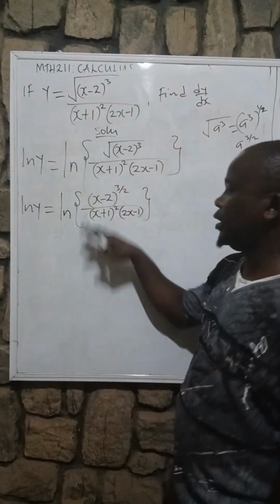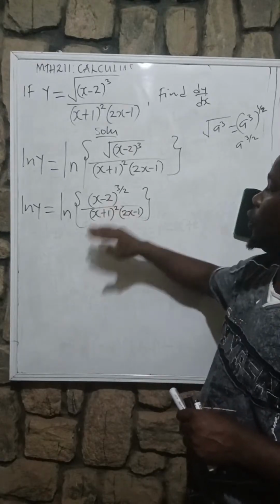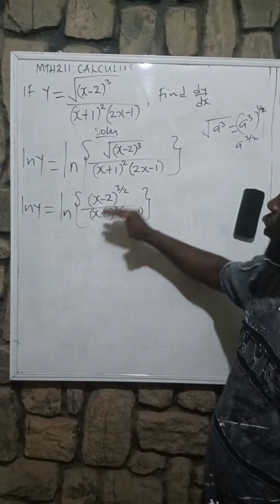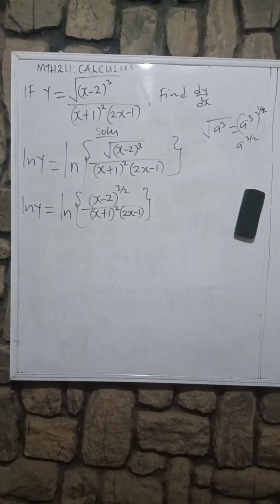Okay. Who can tell us the first rule we are going to use? Look at the right hand side. The first rule, the first law. Somebody should tell us. Peter, are you still around? The first law. Third law, no. Look at your notes very well. I don't think it should be third law. Peter, is it the third law